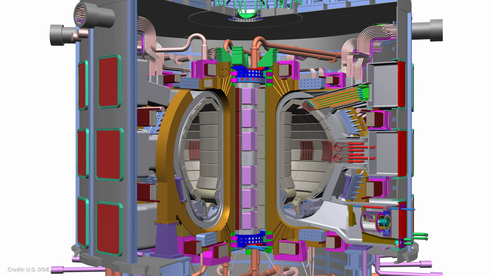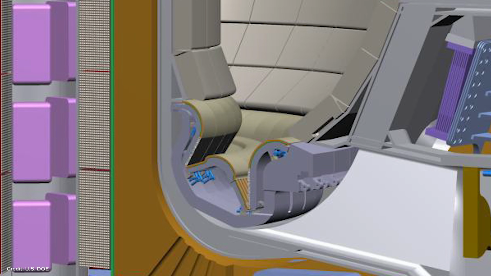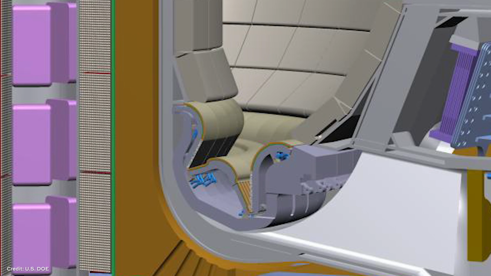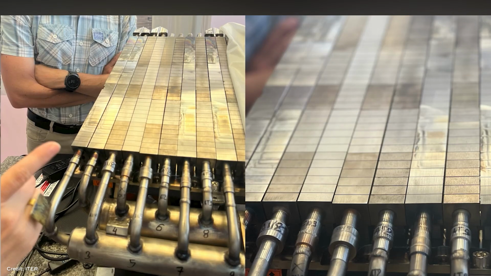So the divertor sits at the bottom of the magnetic confinement device and functions as sort of a funnel to direct those offshoot particles away from the reaction, keeping everything safe and stable. And it would be lined with tiles like this to help direct those particles and prevent any damage to the system. So the prototype tiles that we have here are 3D printed, and a major reason to use 3D printing